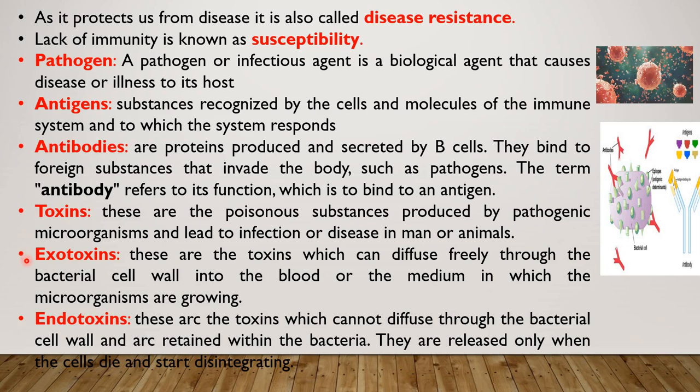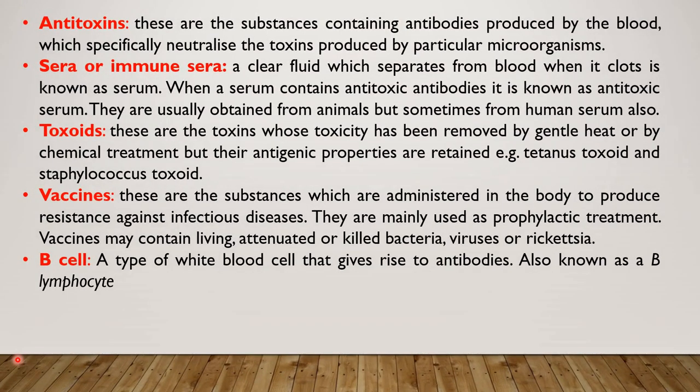Exotoxins are the toxins which can be diffused freely through the bacterial cell wall into the blood or the medium in which the microorganisms are growing. Endotoxins are the toxins which cannot diffuse through the bacterial cell wall and are retained within the bacteria. They are released only when the cells die and start disintegrating. So next is antitoxins. These are the substances containing antibodies produced by them which specifically neutralize the toxins produced by